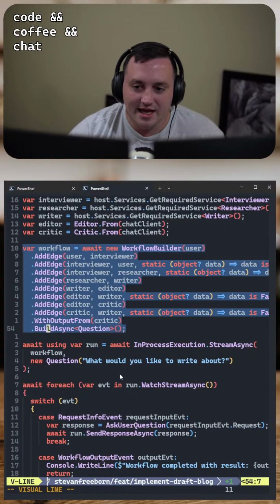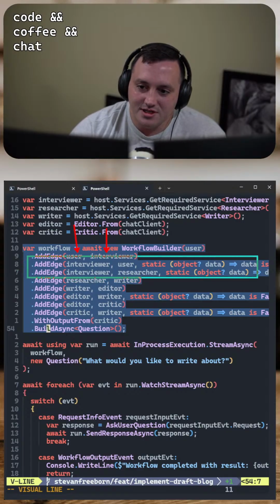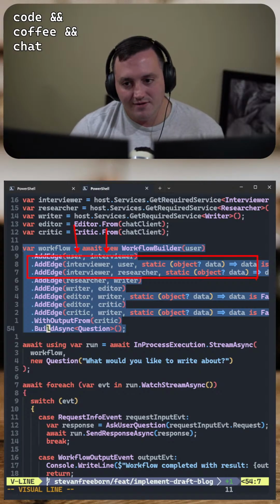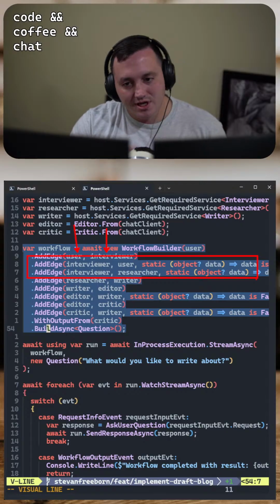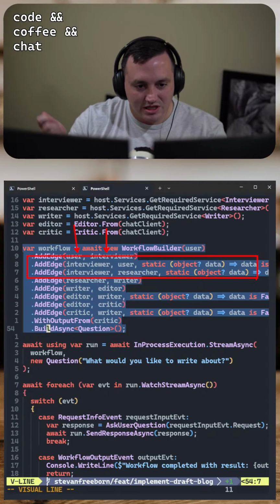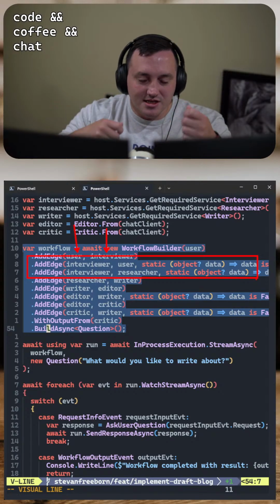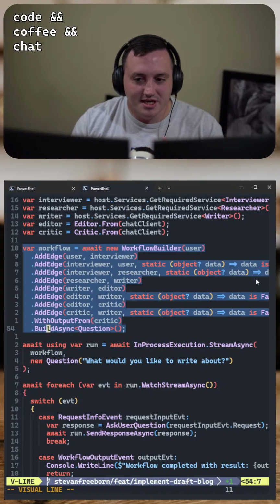You basically tell this workflow in code that first you get input from the user, then you send that input to the interviewer. Now we can have conditional edges that say, if you need more input from the user, ask more questions. If you don't need more input, take your result and pass it to the research agent, and so on and so forth. So this is where the power of this framework becomes really clear,